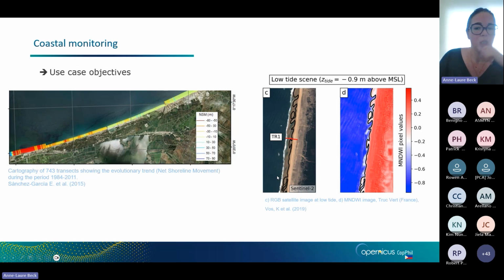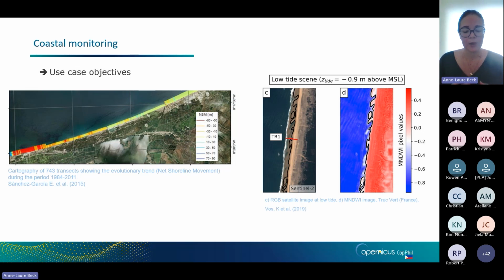But here I have an issue, because with satellite data, as we saw, I have a lot of information. I can extrapolate a lot of indicators. I can use the spectral bands to build a lot of different indicators. And here what I have is not the land and sea boundary. No, it's a wet and dry sand boundary. And if sometimes I'm extracting that instead of the line I want,